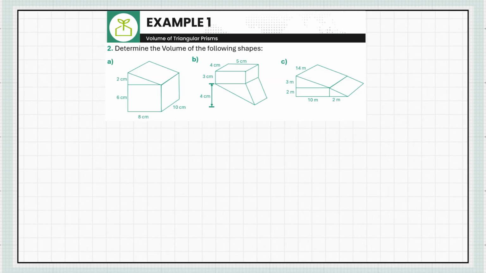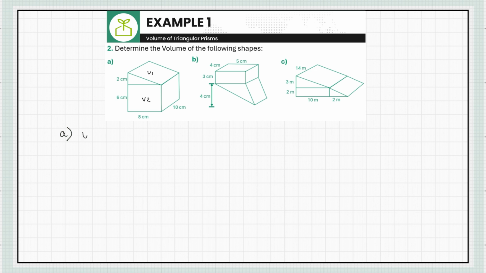Alright, welcome back. So in this video we're going to be looking at some composite shapes involving the volume of rectangles and triangular prisms. So let's get started with that right now by looking at A. So the first thing I'm going to do is break this up into the volume of two shapes. So let's do the top one as volume 1 and the bottom as volume 2, and then once we're done